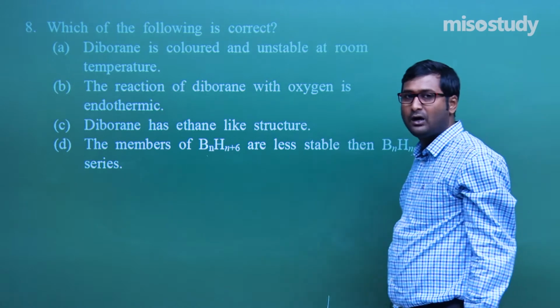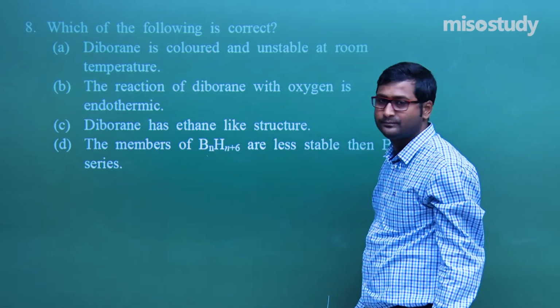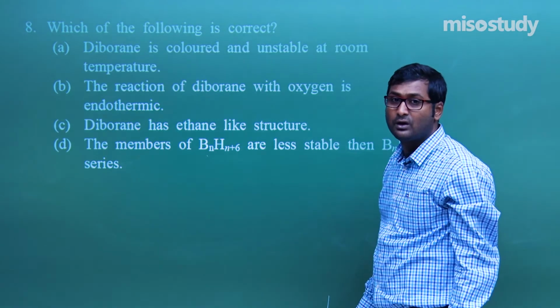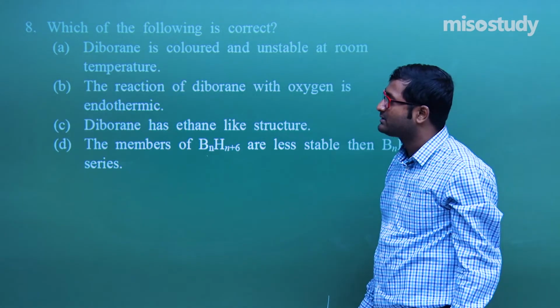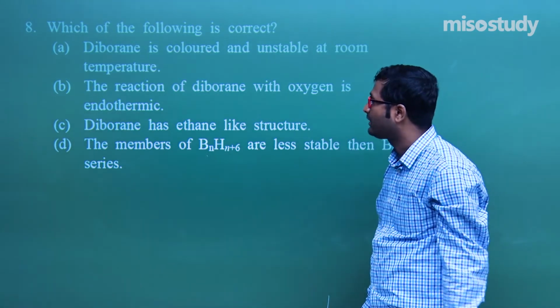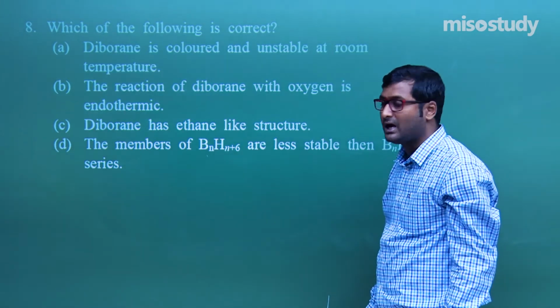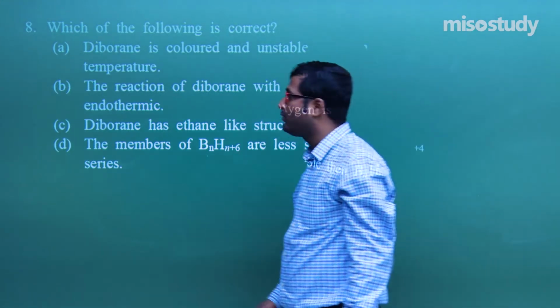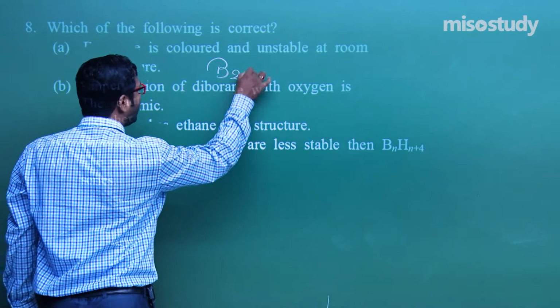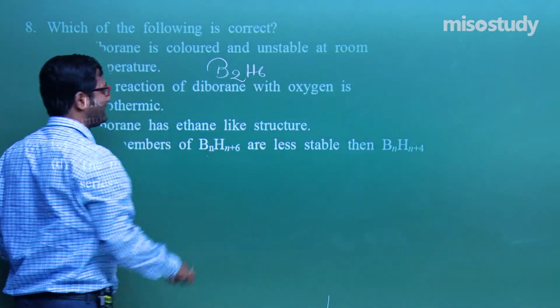Diboron. What is the formula of diboron? Sir, the formula, tell me friend, I am giving you a few seconds, not a few minutes. Few minutes is more. Now, if anyone asks you what is the formula of diboron, we know the formula of diboron is B2H6.